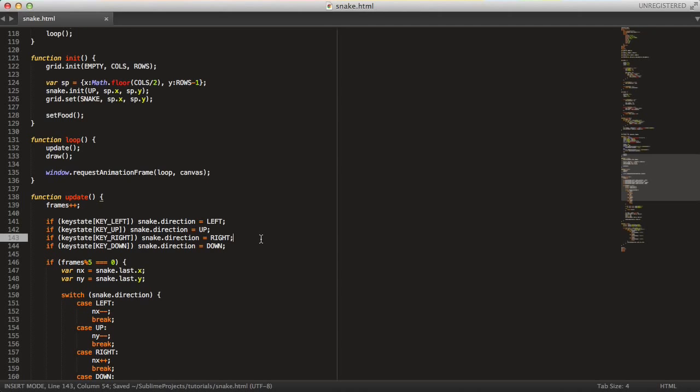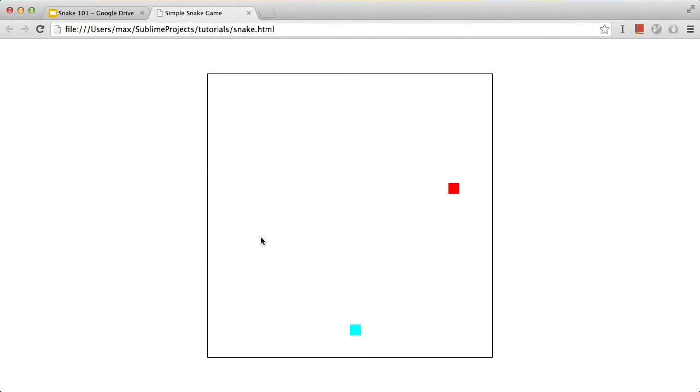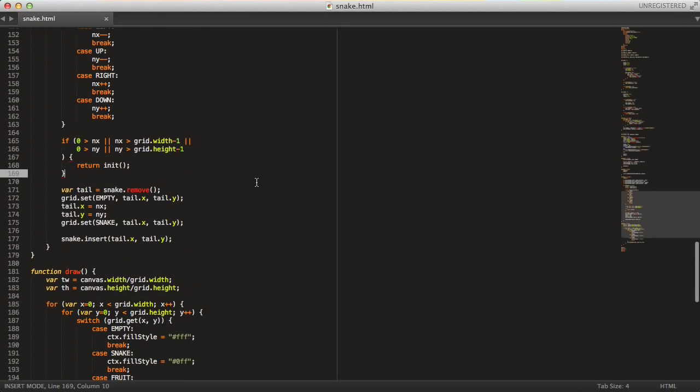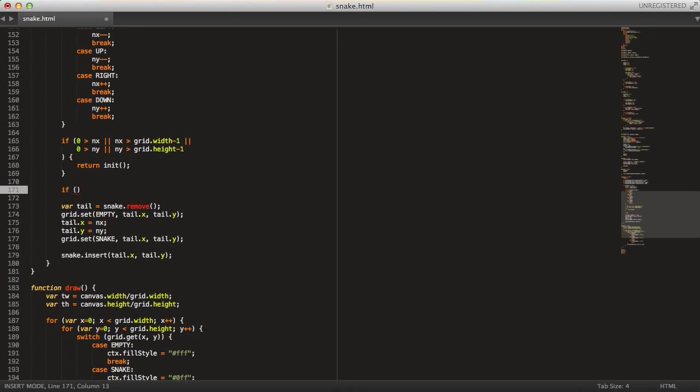So from now, if I reload it, I should be able to control the snake. Yeah, and that seems to be the case. But as you can see, if I move over the fruit here, nothing will happen. So let's fix that right now. So that's really simple. I just say if grid dot get nx ny equals to fruit,